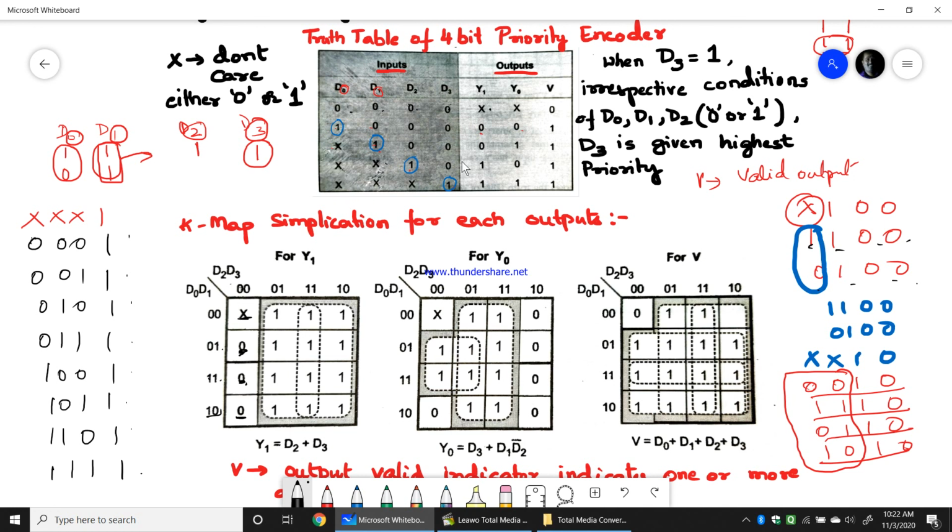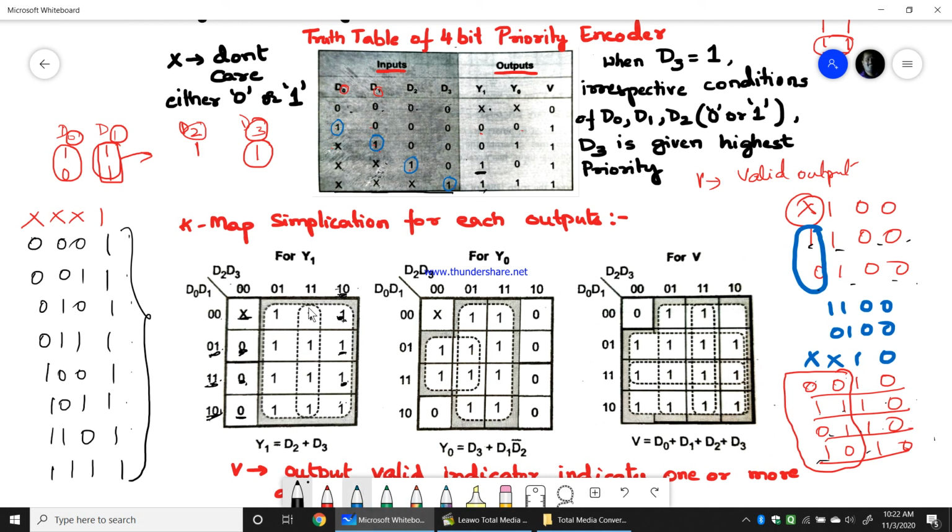Okay. Now this xx10 will give these four values: 0 0 1 0, 1 1 1 0, 0 1 1 0, 1 0 1 0. For those four values it is 1. Therefore 0 0 1 0 is 1, 1 1 1 0 is 1, 0 1 1 0 is 1, and 1 0 1 0 is 1. So these four values, and these 8 values. For all those 8 values, you see xxx1 is 1. So all 8 values will be 1.